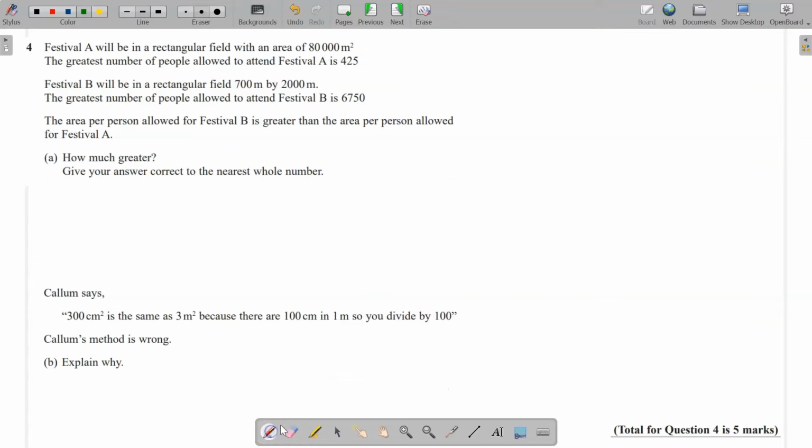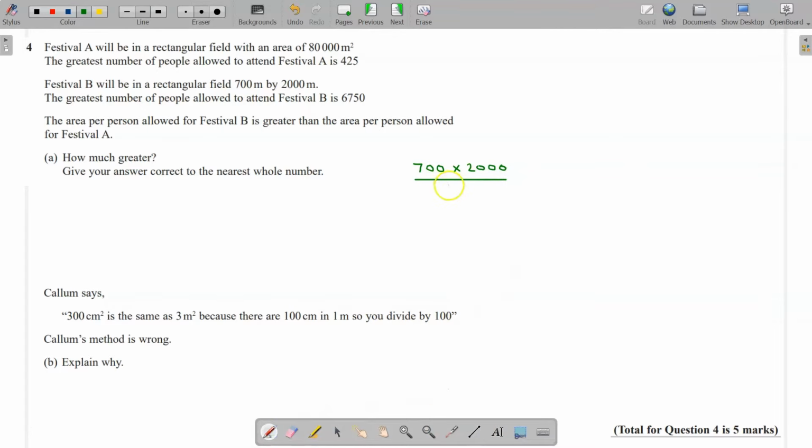This is a question about the number of square meters allocated per person in a field at 2 different festivals. One is a bit more crowded than the other. We've got to find out how much more space per person is allowed at Festival B than Festival A. That suggests that Festival B has the higher number. So what I'm going to do is work out the area of the field at Festival B first, which is 700 times 2000. That's the dimensions of the field, and then divide that by the number of people there, which is